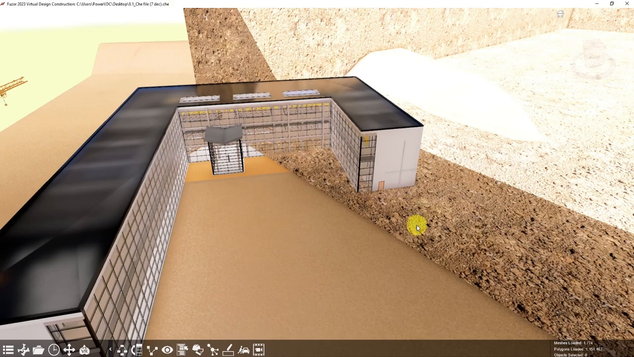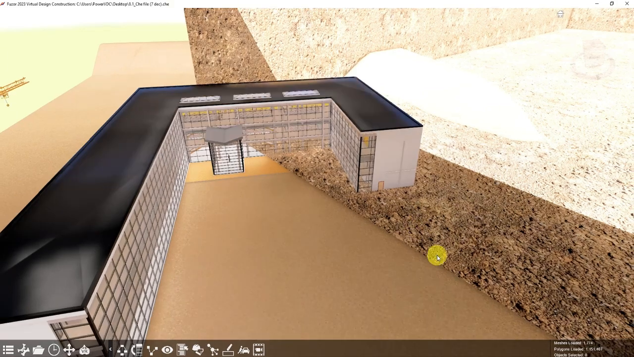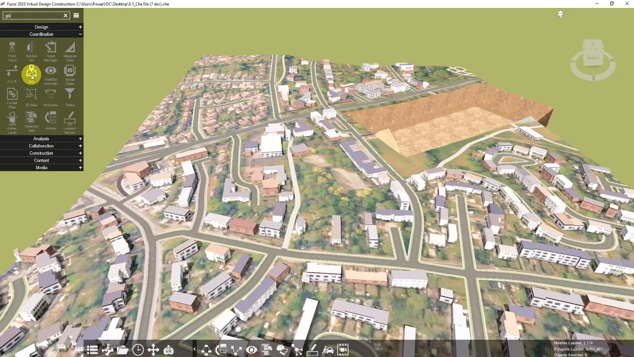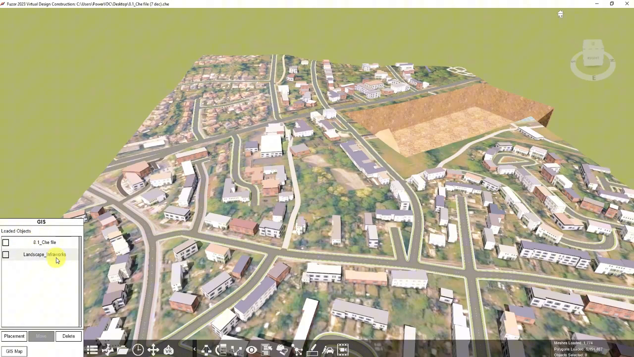In this video, you will learn how to move the InfraWorks model. Now it is loaded into the cache file. We can zoom out, so go to more options and search for GIS. And the loaded objects are here. Select Landscape InfraWorks. Make sure not to move the 8.1 cache file because it's generated in Revit and the coordinates